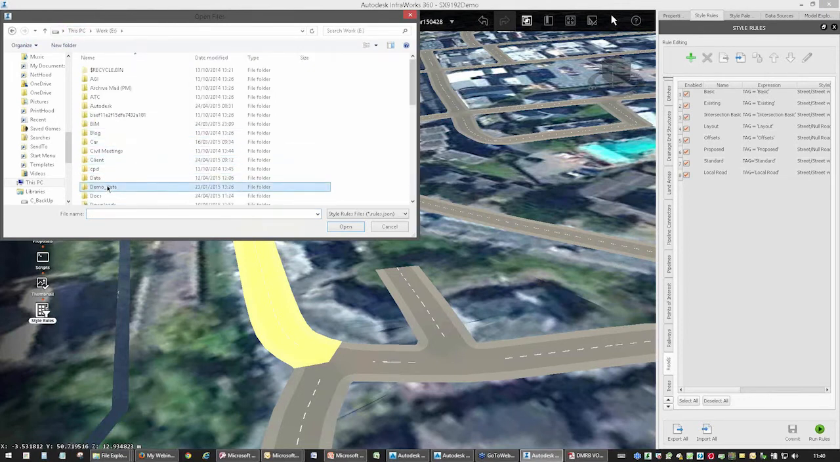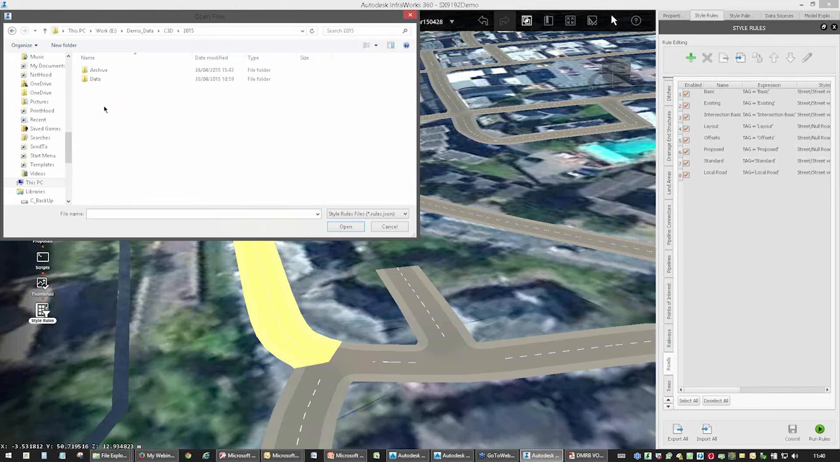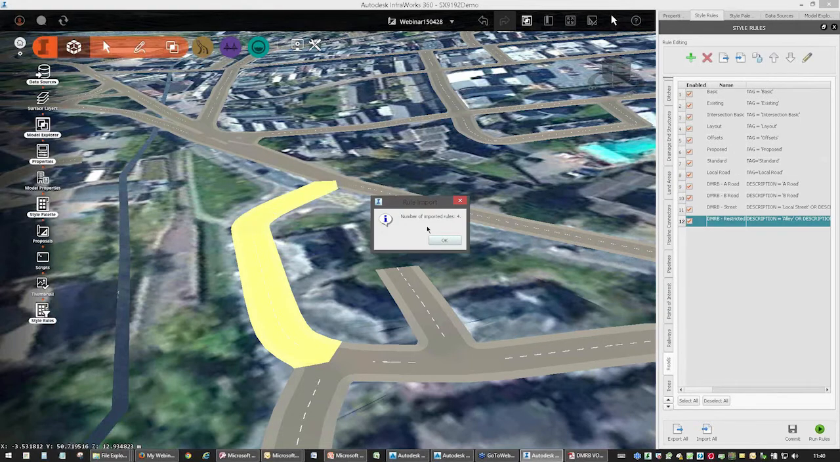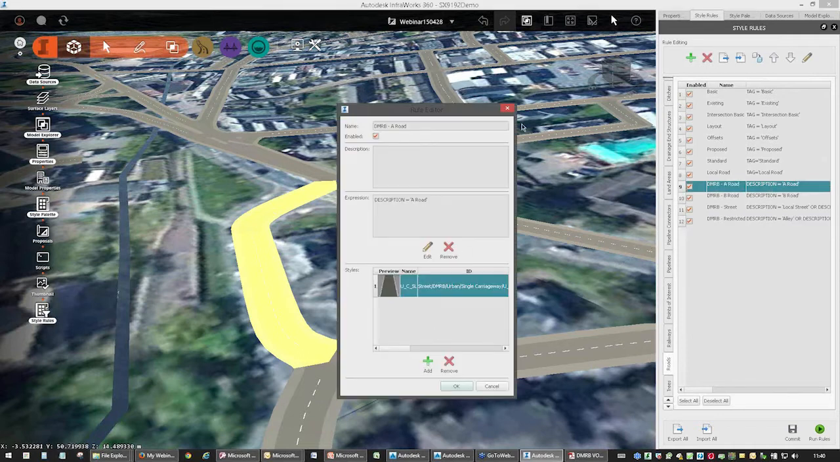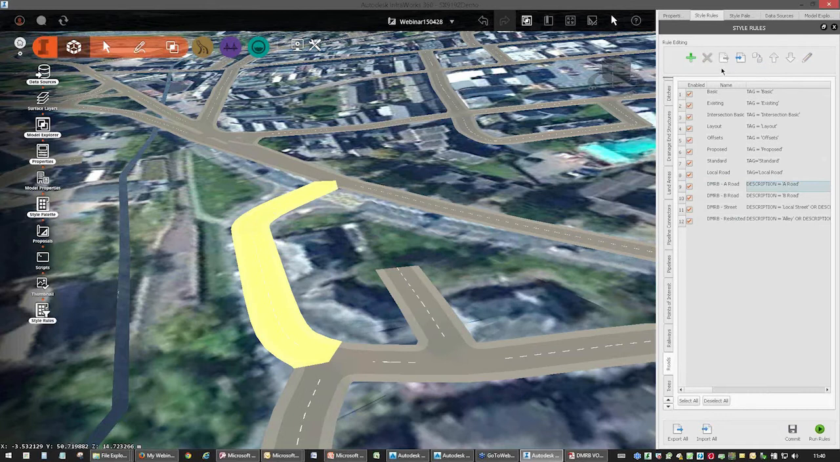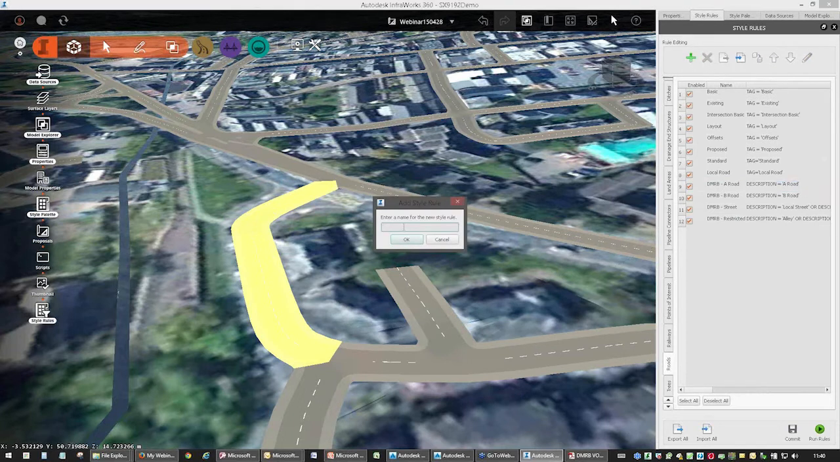So if I go to demo data, Civil 3D 2015, data, Infoworks, ITN rules, click open, and there we are, there's a rule. Very simple rules, very similar to what you've just seen, but I can go in and create a rule and just call this webinar,